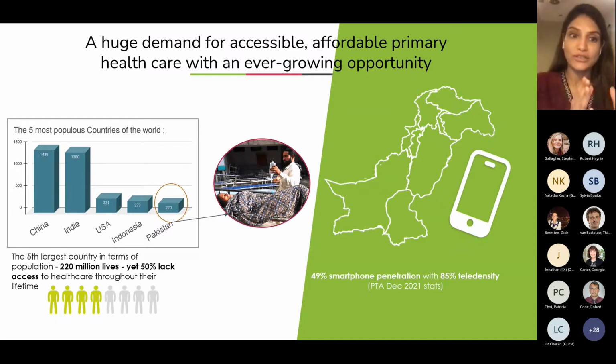And interestingly, or unfortunately, 50% of these people never get to see a doctor in their lifetime, which means they might be seeing a quack or a midwife, but they don't see an actual doctor and get qualified healthcare. Very interestingly, in the same country, almost the same population has access to smartphones, and 80% of our population has access to a feature phone through a simple mobile connection. But what connects me more to my company comes in the next slide, if we can change,